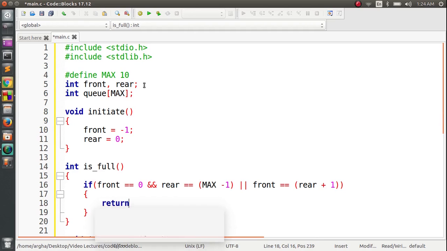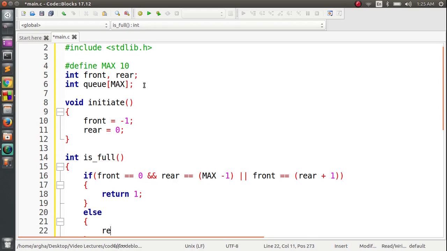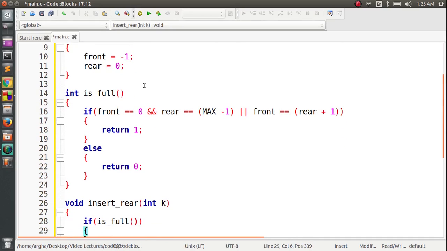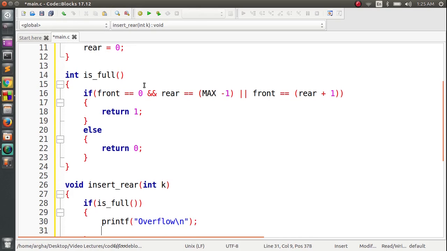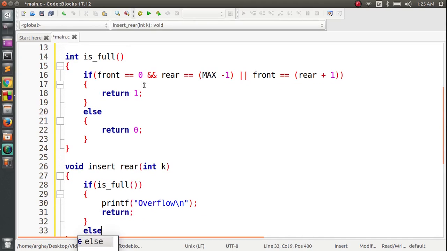So we will here return 1, and in the else condition we will simply return 0. So is full function is defined here. Now if the array is full, then we will just print this message that overflow and new line, and for this just return. Now if this is not the case, what we'll do,